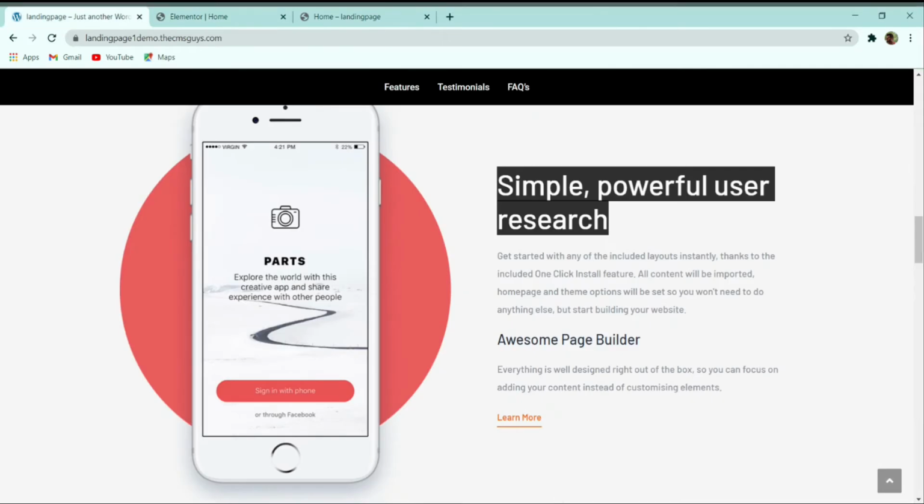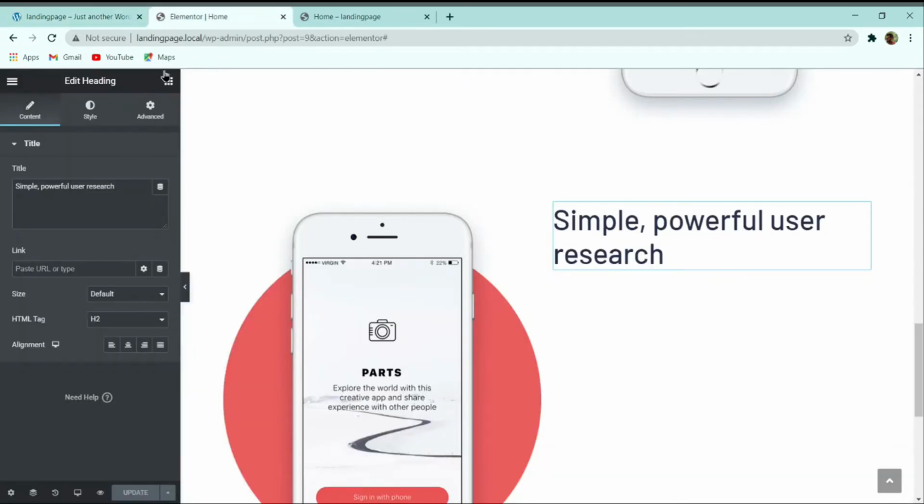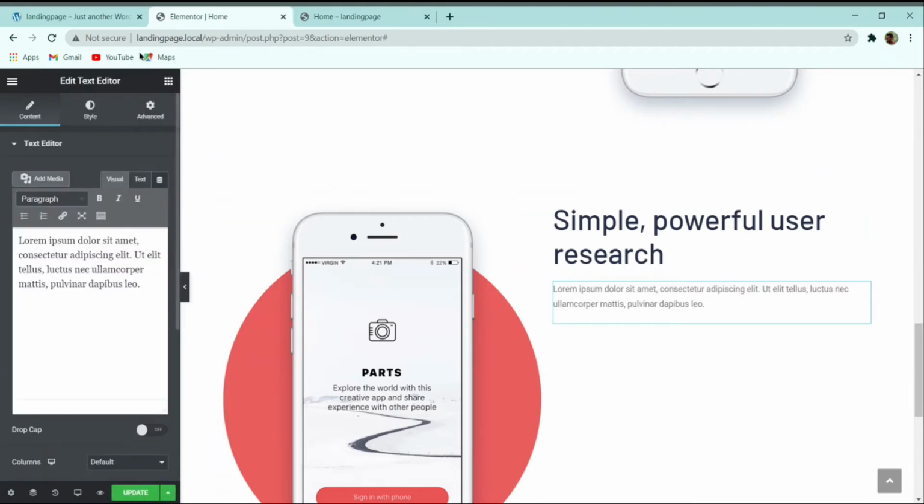Now here you can see that I have to make this text a paragraph. So again I can click on this 9 dot, and here I can select this text editor, simply drag it under here. So let us first start customizing the style.